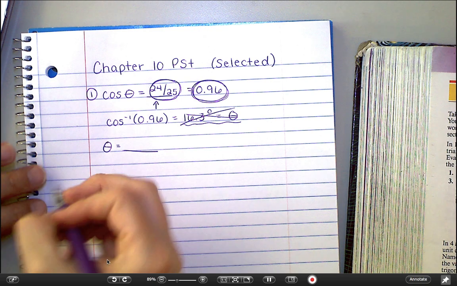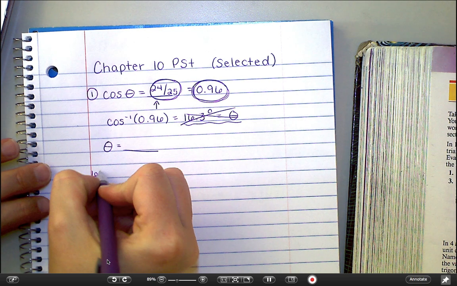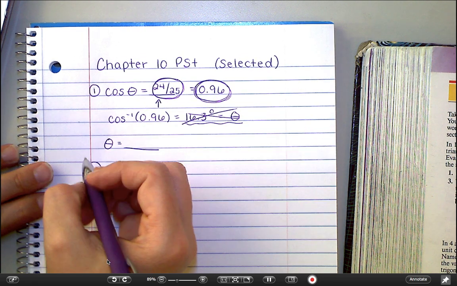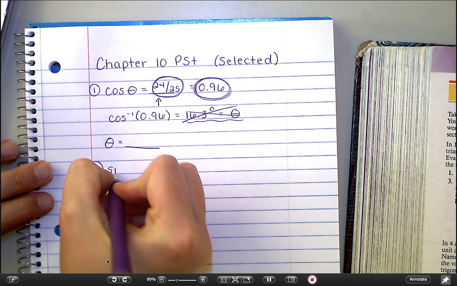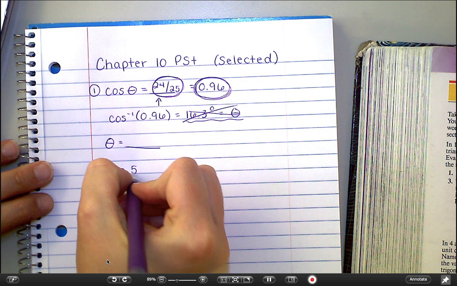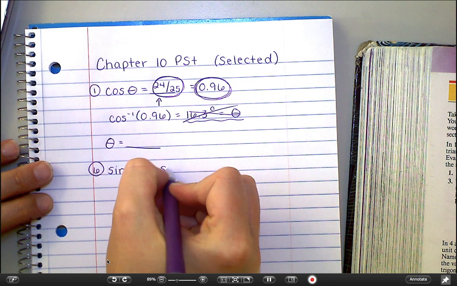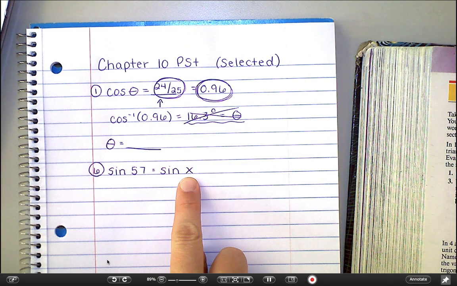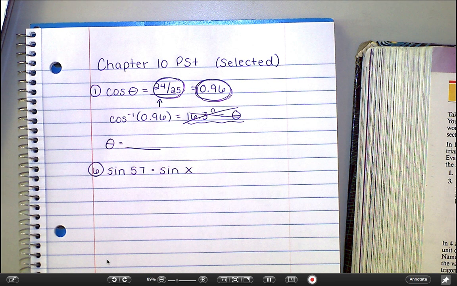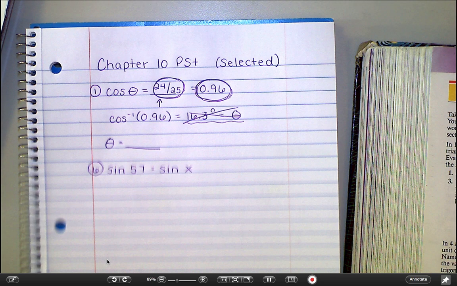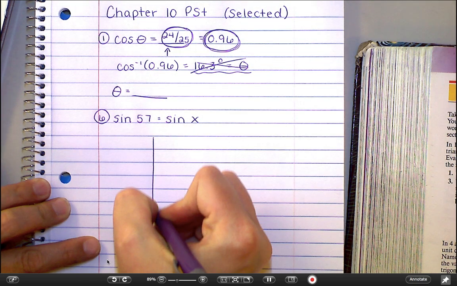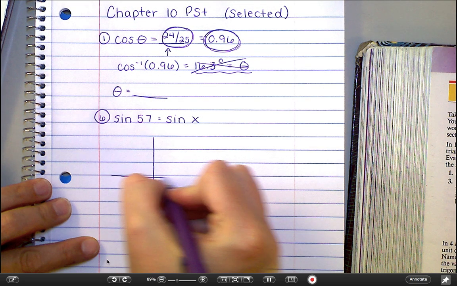I want to look at number 6. Number 6 says, sine of 57 equals sine of what? And it tells us that we can't cop out and just say that x must be equal to 57. That's not quite how it works with trig ratios. We did talk about this relationship, and it's an important one to understand, if you're looking at the circle